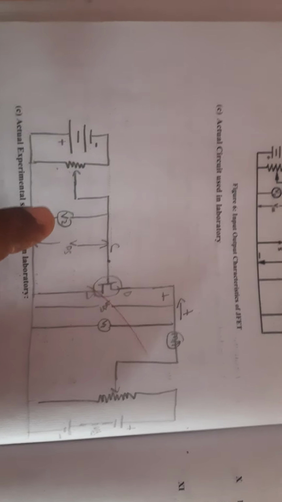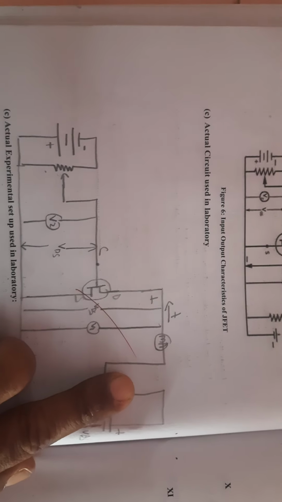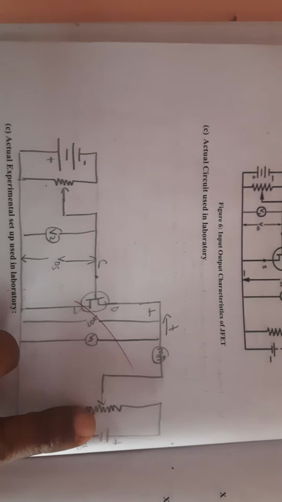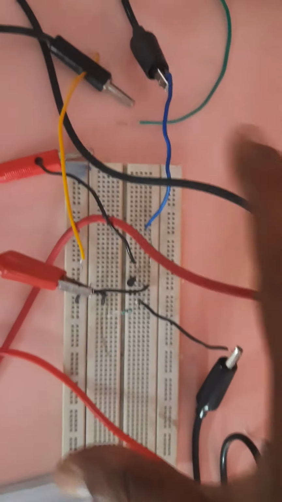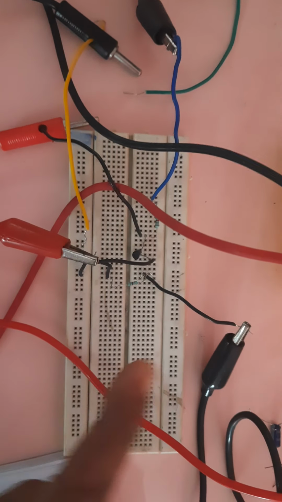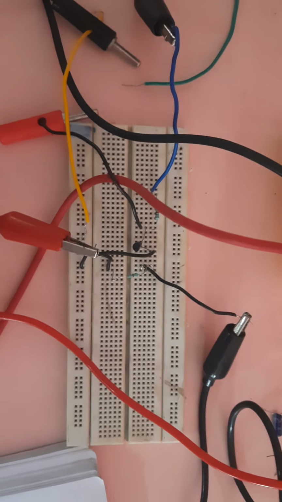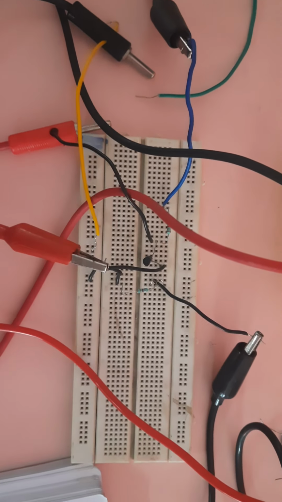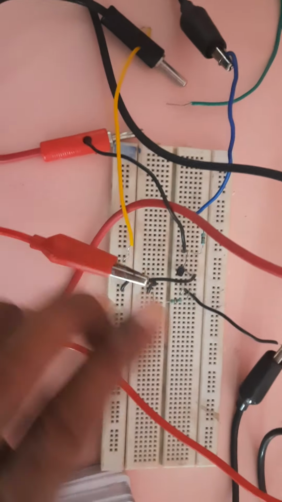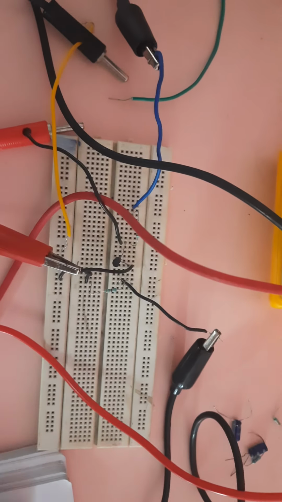Here we have to use the transistor, then multimeter, ammeter, resistance and so on. So student, this is the circuit diagram, and we have to connect the circuit as shown in the circuit diagram. Here is the voltmeter, ammeter, regulated power supply, and this is the breadboard, and on the breadboard we get the circuit. Keep in mind, this is the circuit.